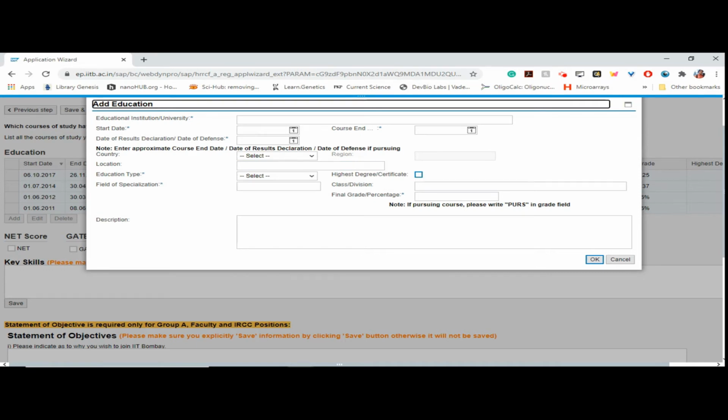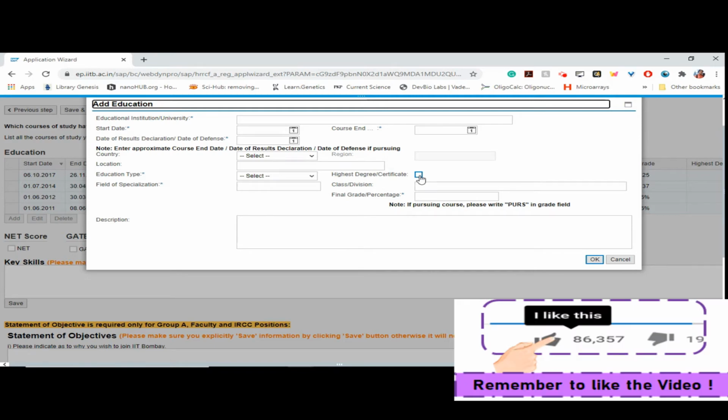If this is your highest degree certificate, then you have to select yes, like PhD, MSc, whatever. Then education type, part-time or full-time, diploma, whatever. And then you can provide a brief description of that program.